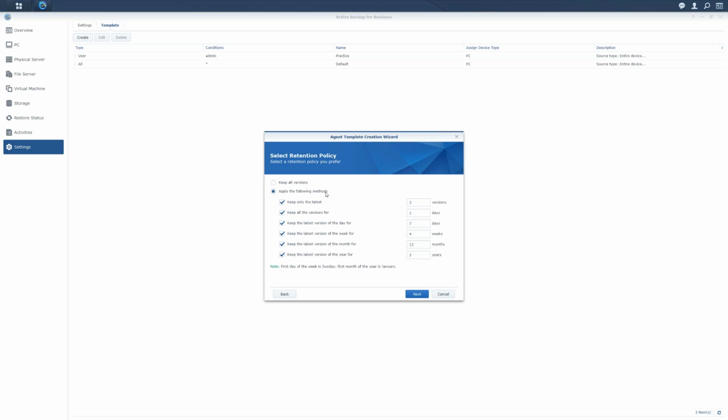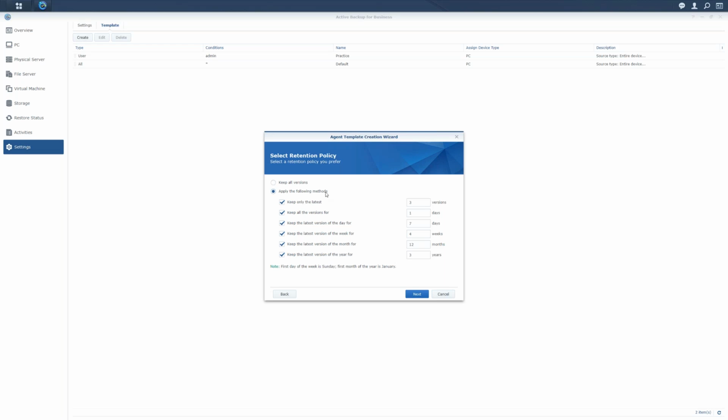So this is something else I want to highlight, that you're gonna see similar interfaces in the other demos. This is retention policy. This is for versions, which are also known as snapshots. It's all the same concept. This is saying how many versions do you want to keep for daily, weekly, monthly, and yearly versions? So you'll see this worded a little bit differently in the other applications, but it's all the same idea.